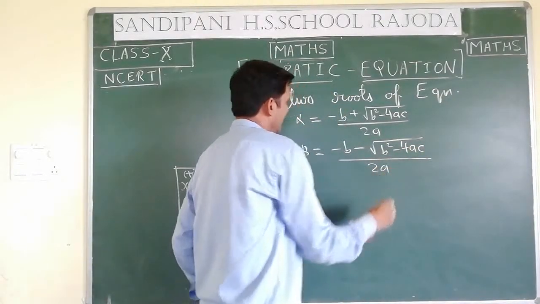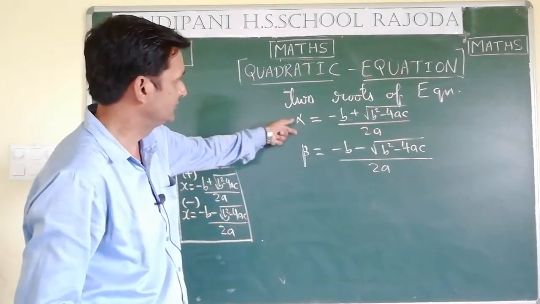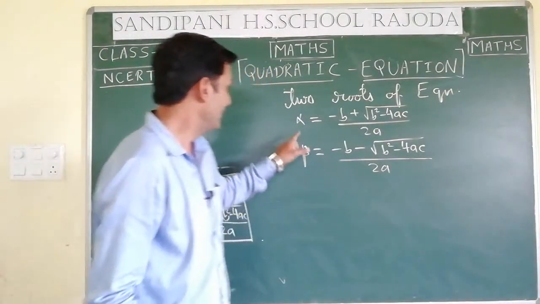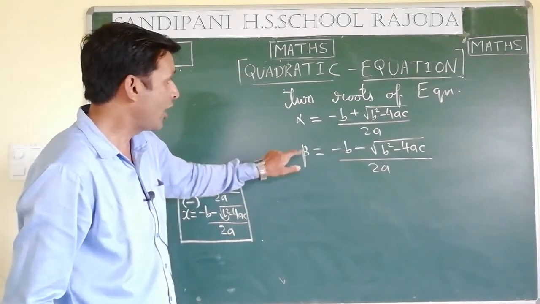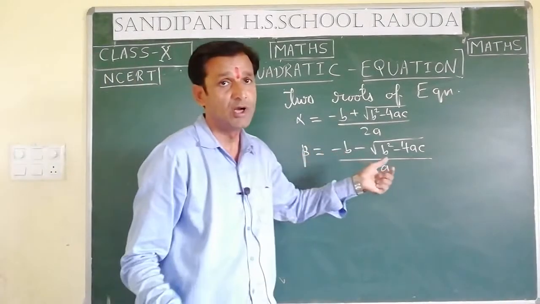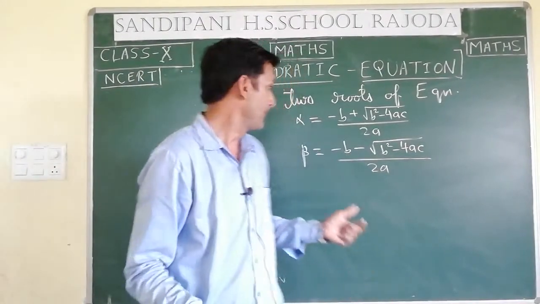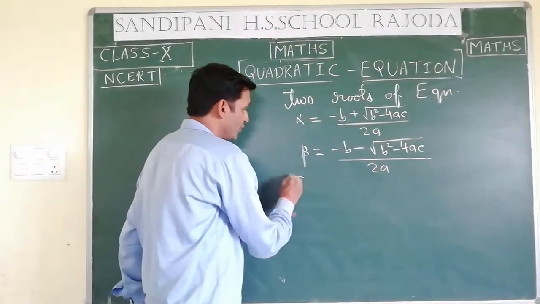We may assign either of them as alpha and beta respectively. Now I am telling you how to determine the sum of the roots and the product of roots. Sum of roots